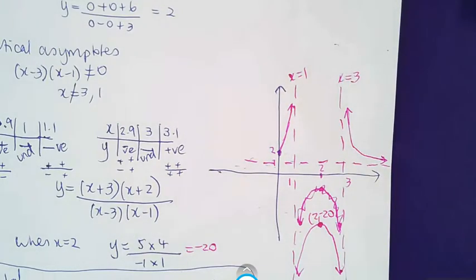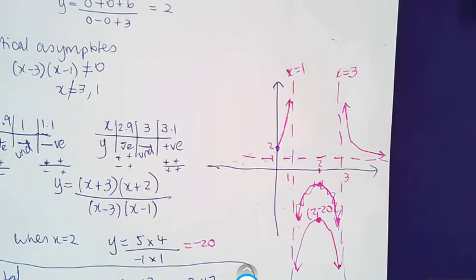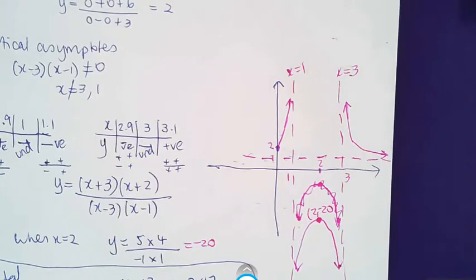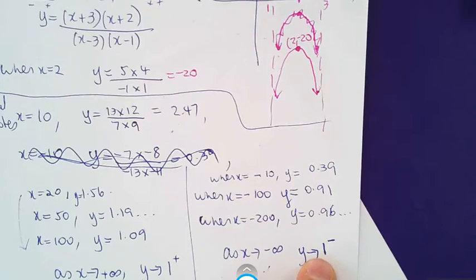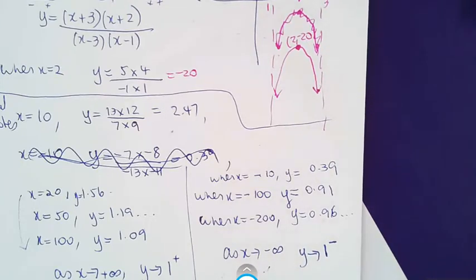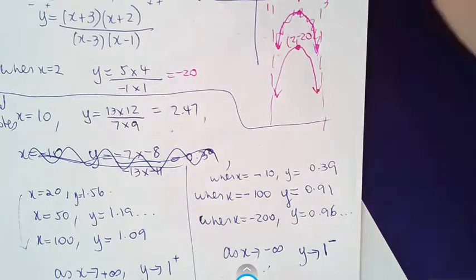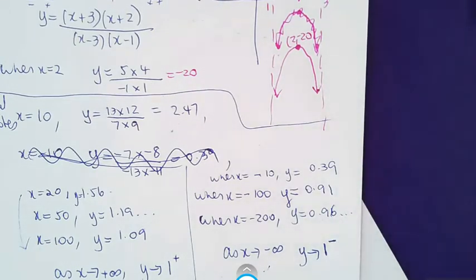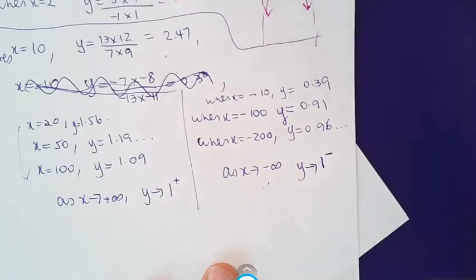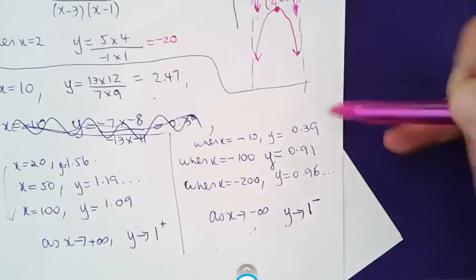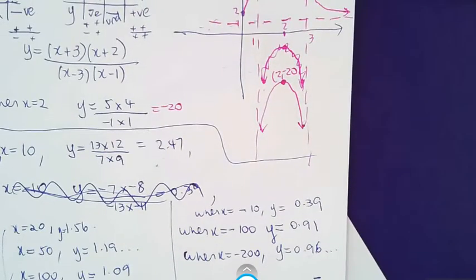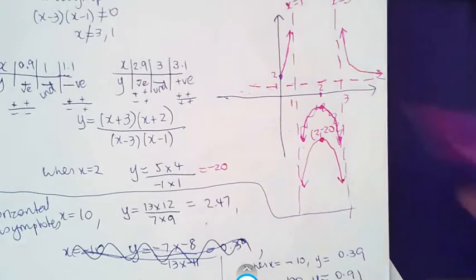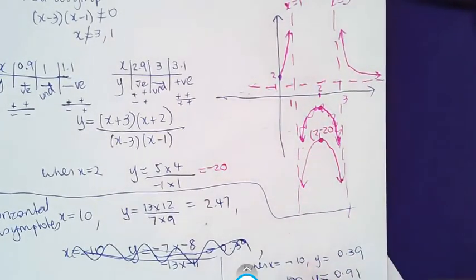And as x approaches negative infinity, we're getting that y approaches 1 from above. Sorry, not from above, from below. So this is actually a really, really tricky one. So this is very tricky because look here. Now this is, like I said, very tricky. What happens is, and I know this is going to be a bit difficult for you to comprehend, but when